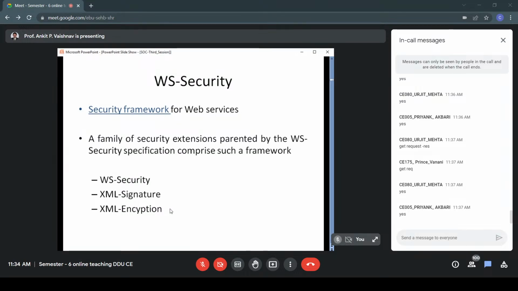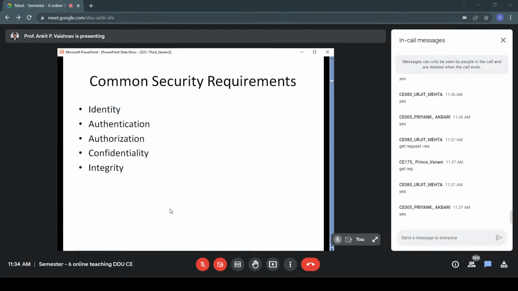Okay, let us begin with the basics. In terms of web services for SOA, we need to satisfy 5 requirements for security. First is identity, second is authentication, third is authorization, fourth confidentiality, and fifth is integrity. Let us understand from the name itself, and then we'll go into detail.